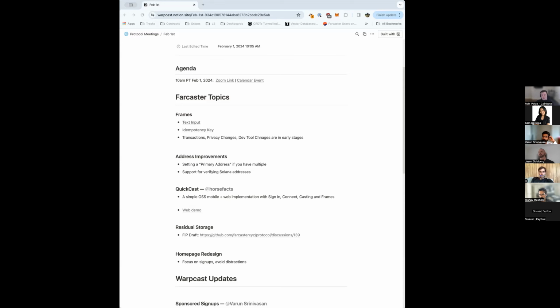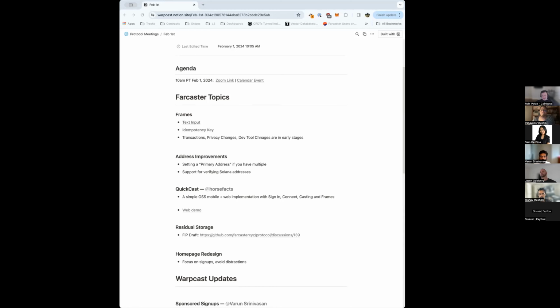Yeah, for us it'd be hard because that'd be piercing a hole in our corporate firewall, right? But to me, potentially having an emulator or something that we could simulate the frame experience with, obviously without all the security and stuff you get through the hub, but something that would just simulate the basics of the frame, just so I could test interactions. Like, did I format it correctly? Does the image look correct? Because I've had these iterations where I push and the text is broken, so I have to wait like an hour to push another change. It just makes iteration a bit slower. And I think people end up pushing janky frames to Farcaster because they're just testing rather than doing it in a safe environment.